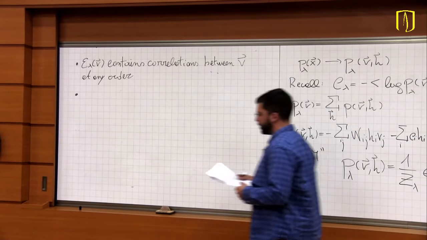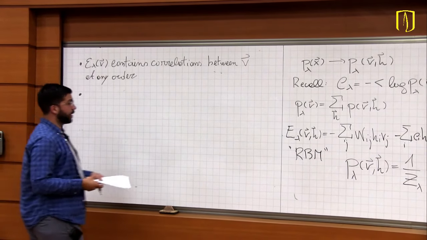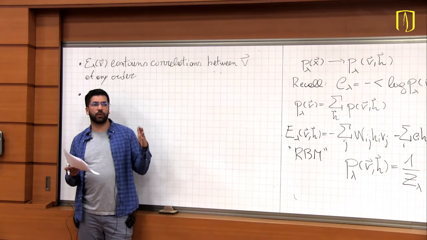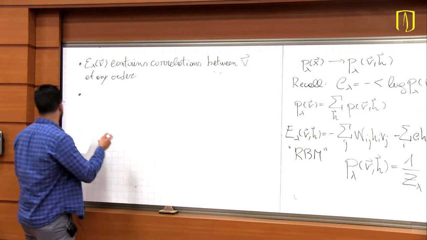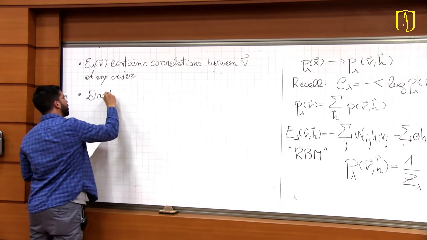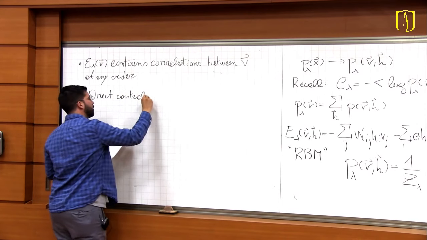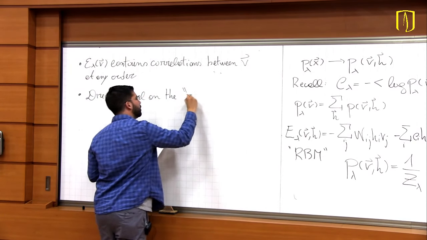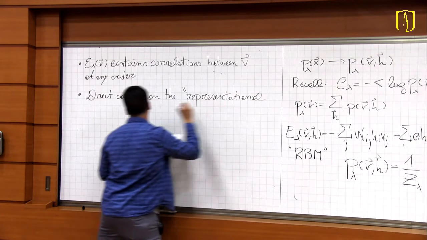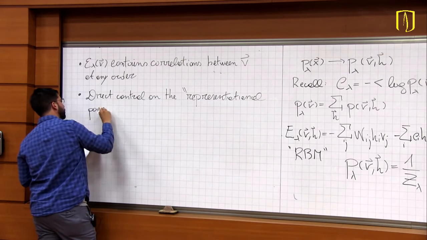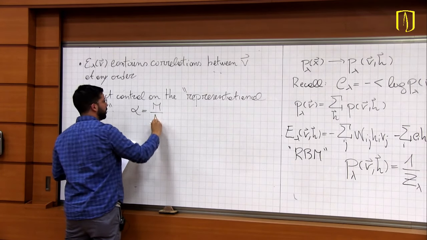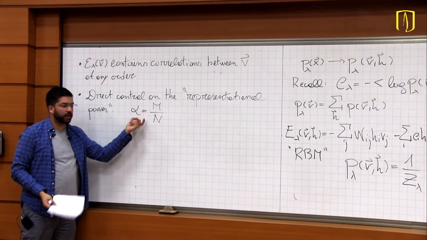The other point here is that I haven't said that, as yesterday in the supervised learning, the number of hidden units is one of these hyperparameters. So we can increase this number essentially as we want. And so this is a direct control on the representational power. So we can define a number, which is the ratio of hidden and visible units,